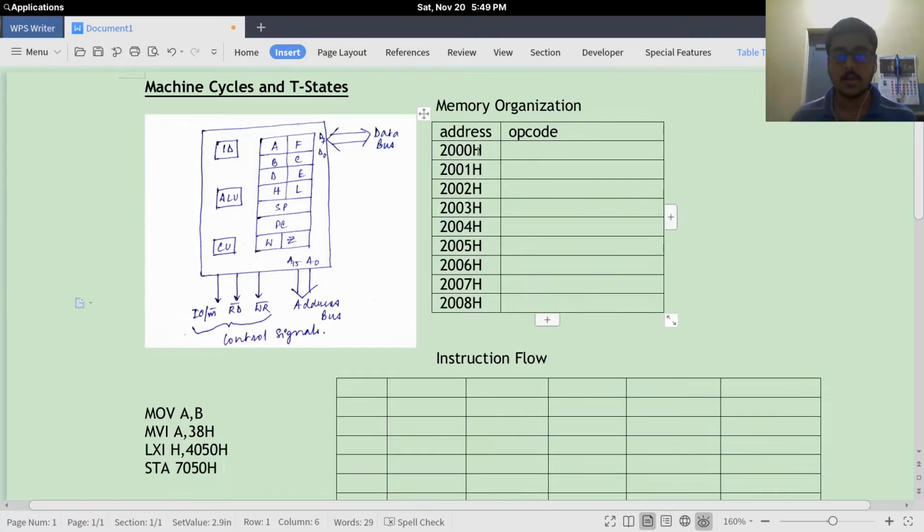So primarily I've taken the address of the memory from 2000H, and I'll be going till the limit that the instructions need in the memory.